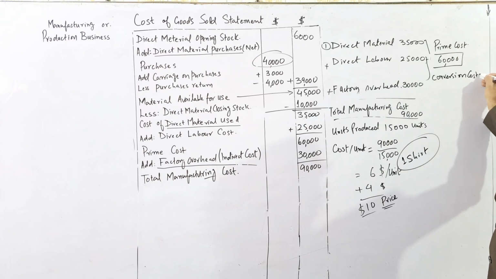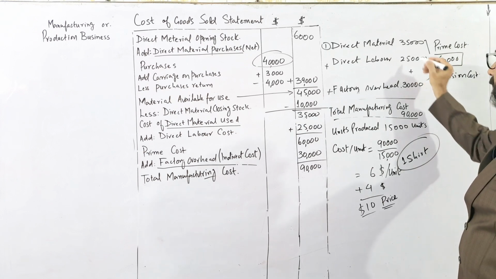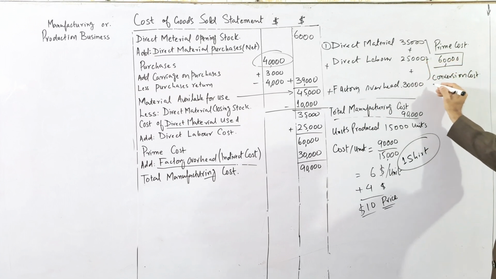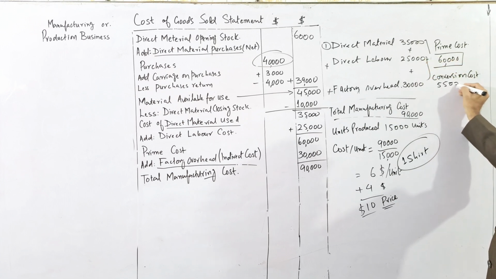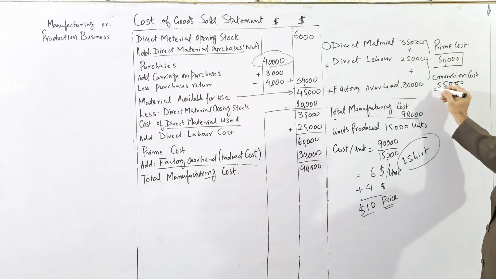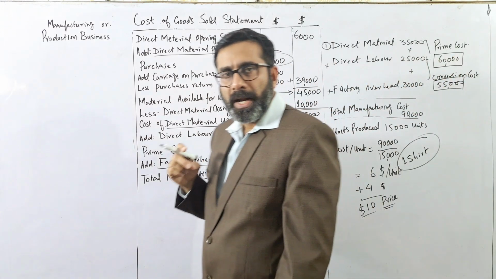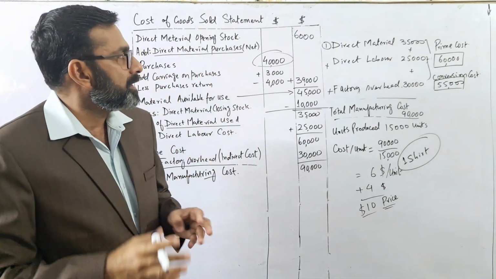That is called what? That is called the conversion cost. So if we add these two, we will get the conversion cost. So it will be how much? It will be 55,000. So the 55,000 is the conversion cost, 60,000 is the prime cost, and the total manufacturing cost,